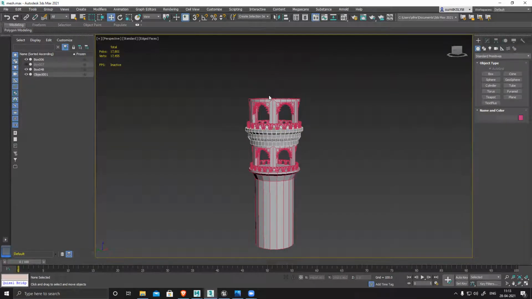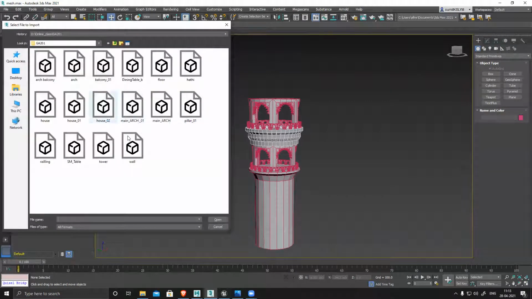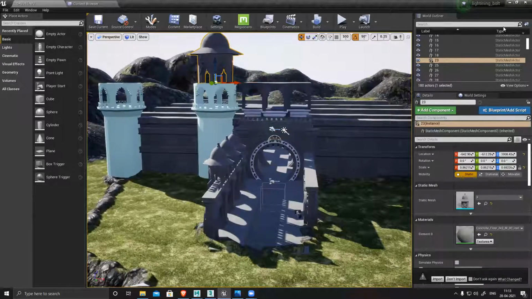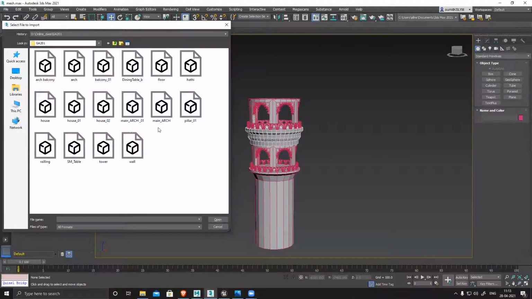But this top part is not visible, so I'm planning to use that dome shape I created. I want to use that only. So I'll just import it. I forgot the name. This one. Oh, number 3. Amazing name. I'm not able to identify it, and number 3 is not here. All right.